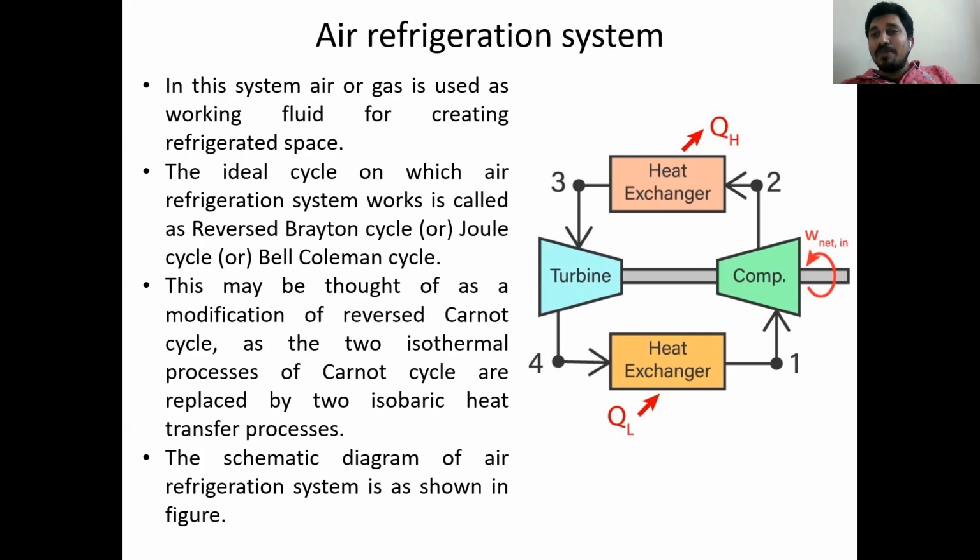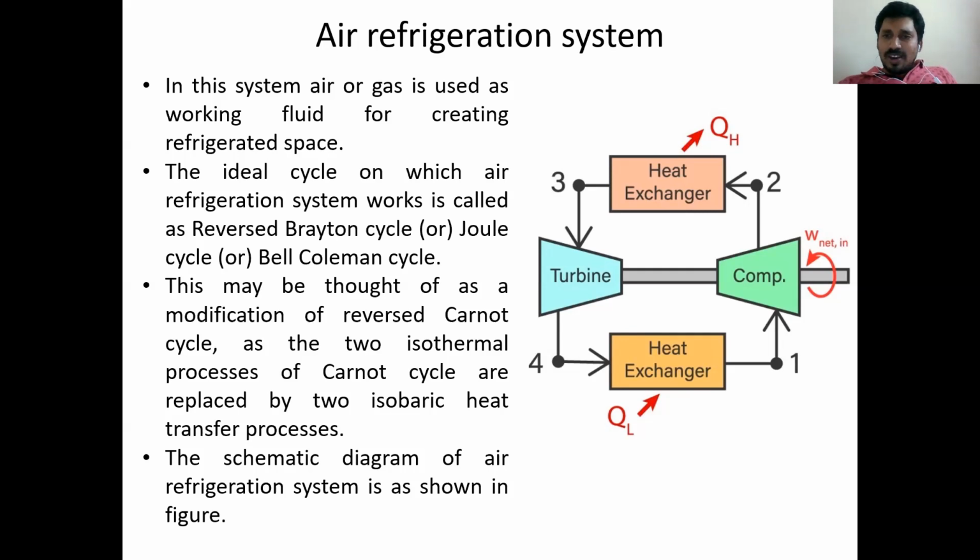Because of the high temperature of the working fluid, that heat is going to be rejected to the surroundings. So finally, the temperature of the working fluid, or air, decreases. But one thing you should observe here: the process 2-3, the heat rejection from the system to the surroundings, from the heat exchanger to the surroundings, will be conducted at constant pressure. So the 2-3 process is isobaric heat rejection, constant pressure heat rejection.